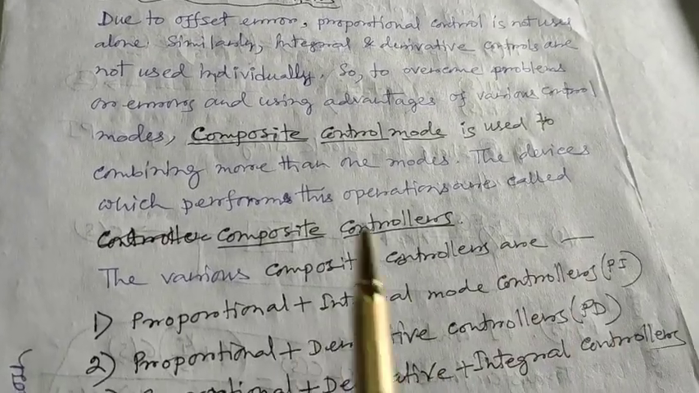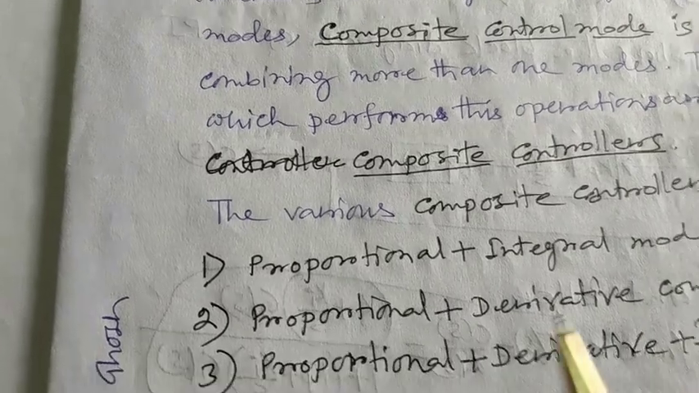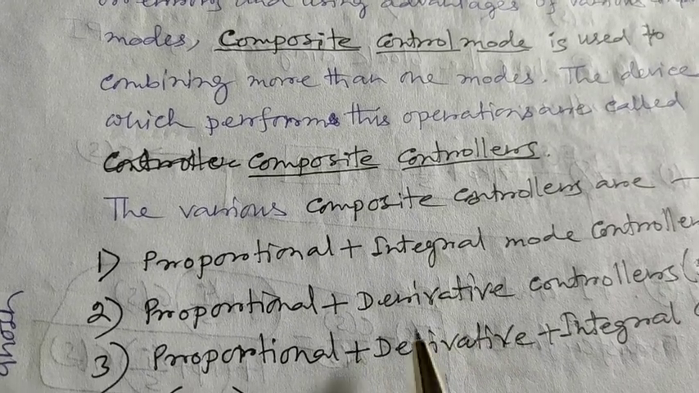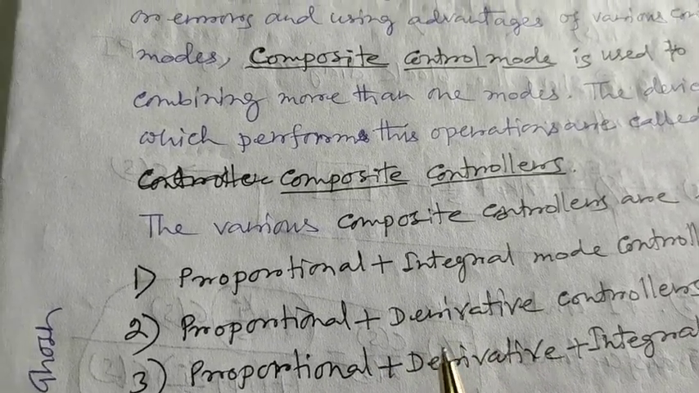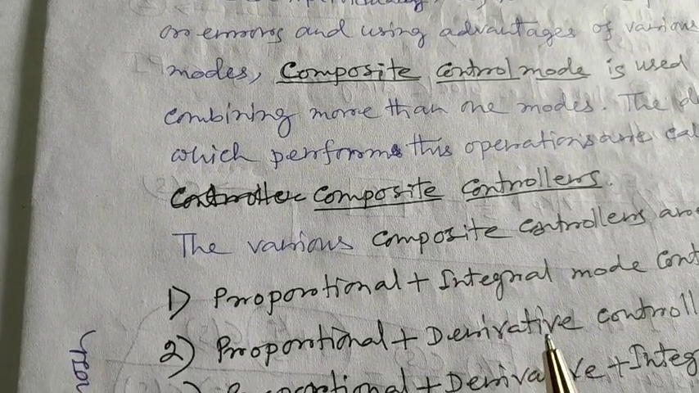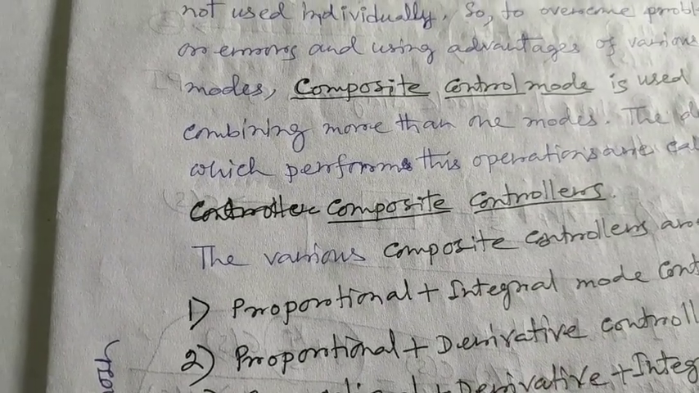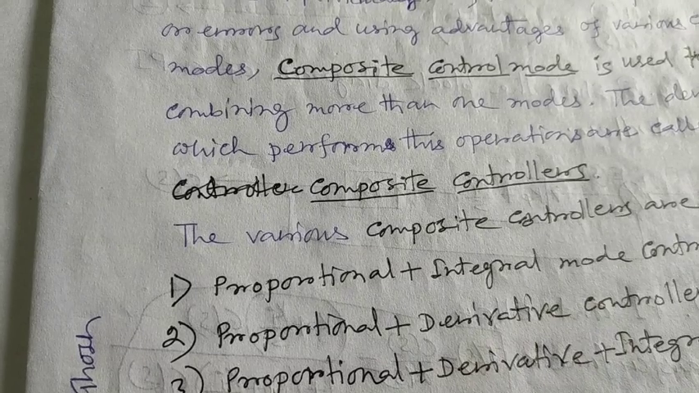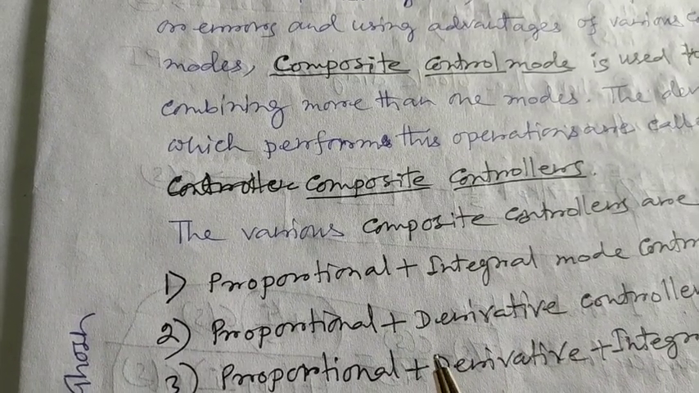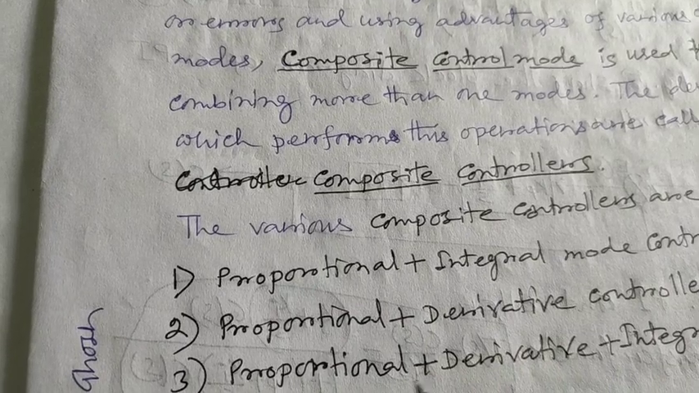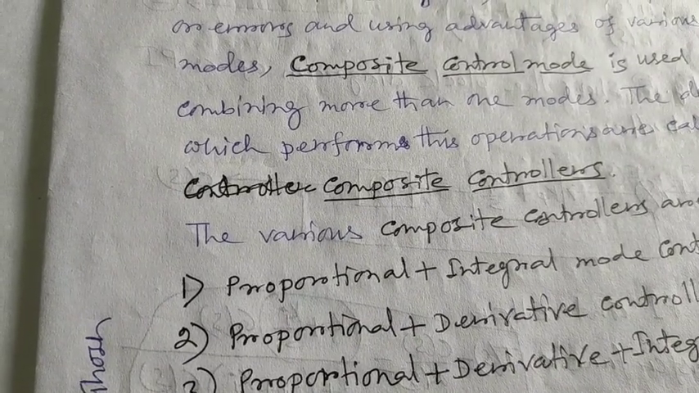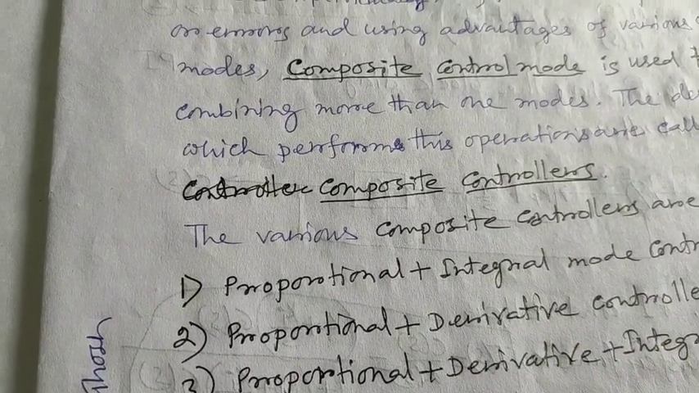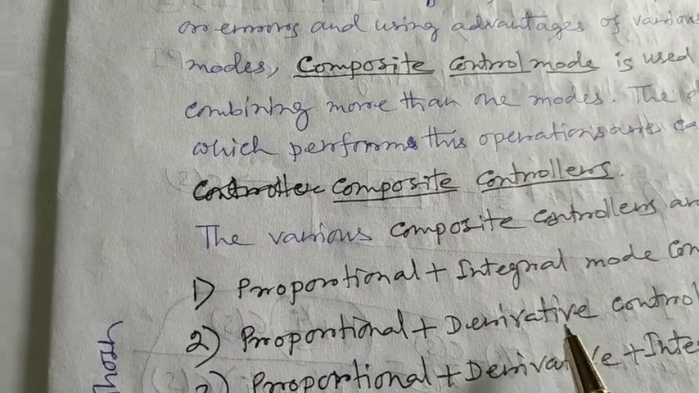Now what are composite controllers? As in my previous lecture on proportional controllers, due to offset error, proportional control is not used alone. Similarly, integral and derivative controls are not used individually. To overcome these problems, we use composite control actions, using the advantages of various control actions. This action is known as composite control mode,